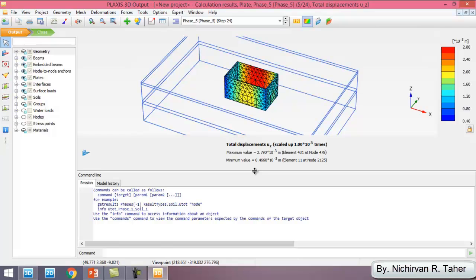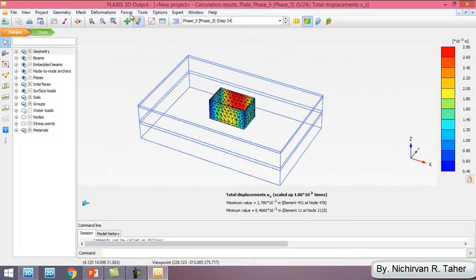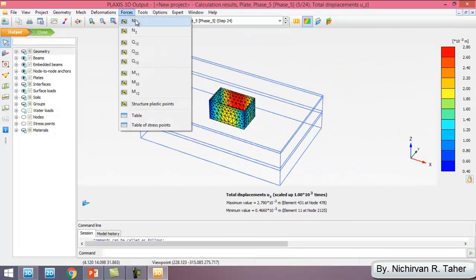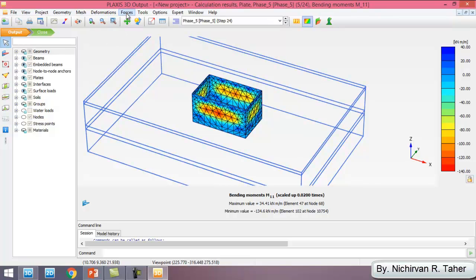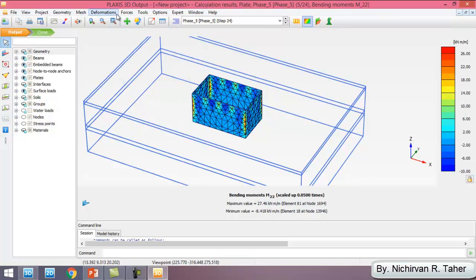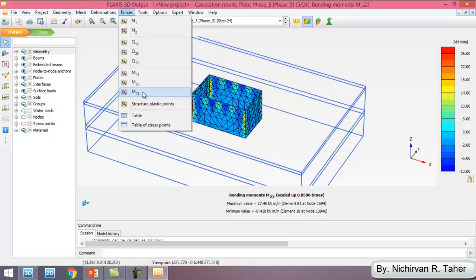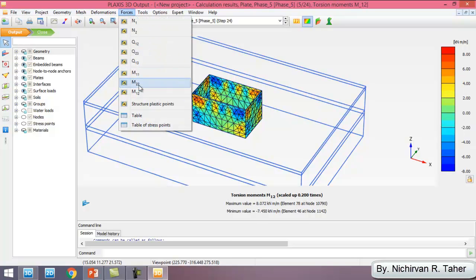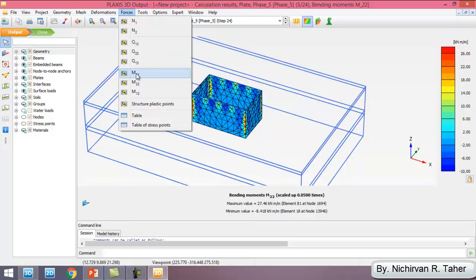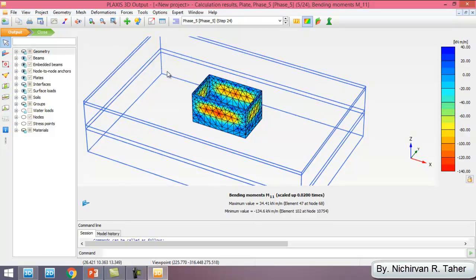So I can go to forces and see the normal force or shear forces or moments in the sheet pile walls. So this is very helpful for a geotechnical engineer,